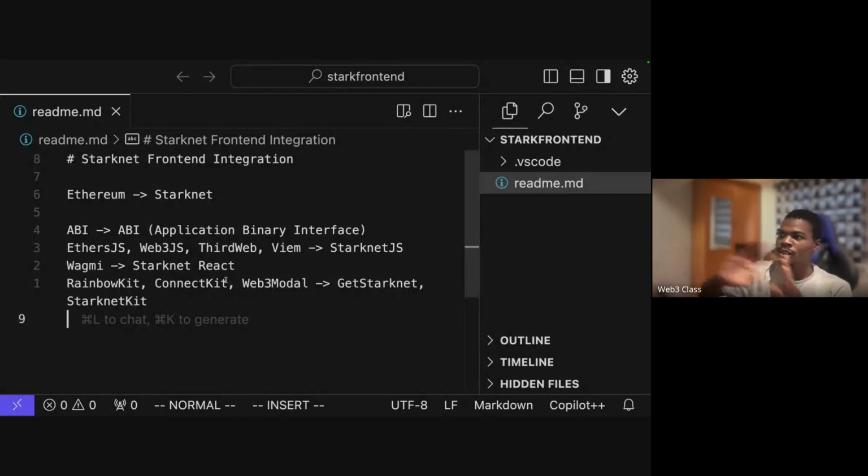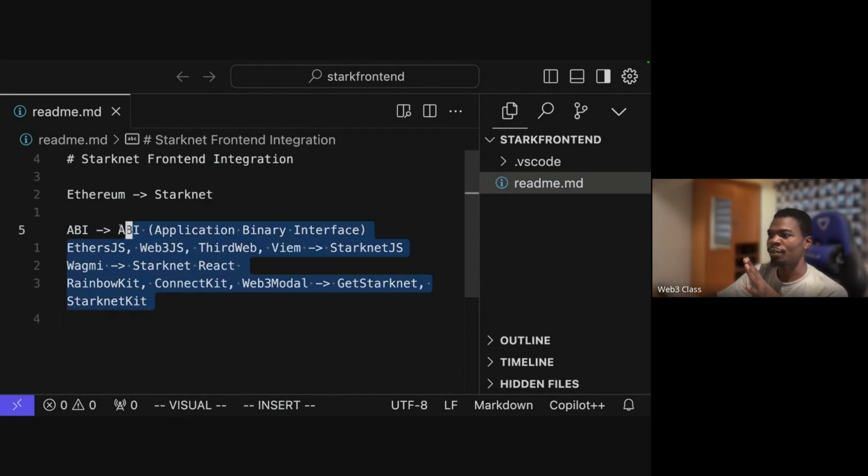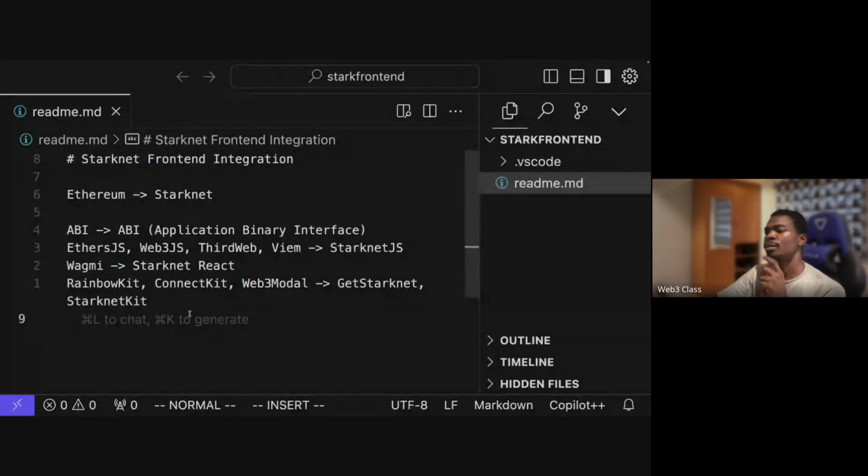Like with this one, I can say that since you already know that in Ethereum, if you want to do this, you need this, you need this, you need this and that. And I've given you what their equivalent in Starknet is. Then you are good to go. But let me not leave you like that. So let's do something. So what are we going to do? So let's say that